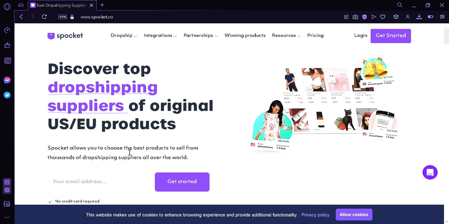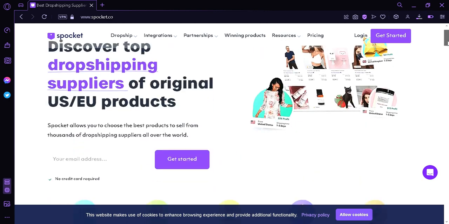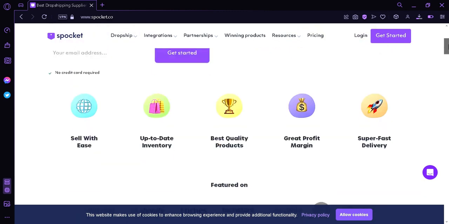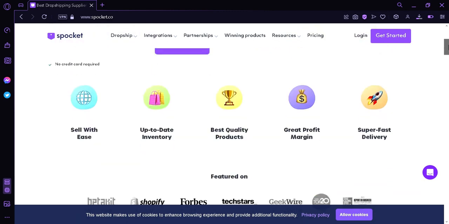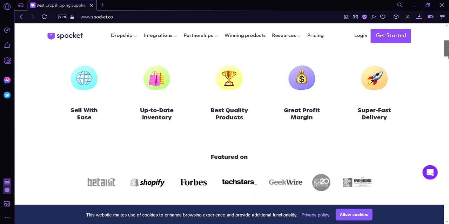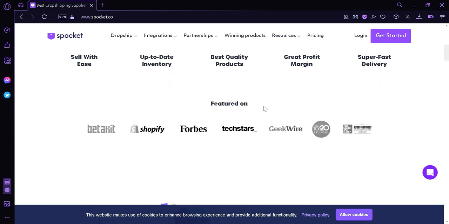Now as you can see here, we are at Spocket.com where we can see information about Spocket. Now we can see the different features of Spocket. Under Spocket, you can sell with ease, you can have up-to-date inventory, the best quality products, great profit margin, and super fast delivery. You can also see that Spocket is featured on BetaKit, Shopify, 4Bs, Techstars, GreekWire, Top 20 Recipient, and The Globe